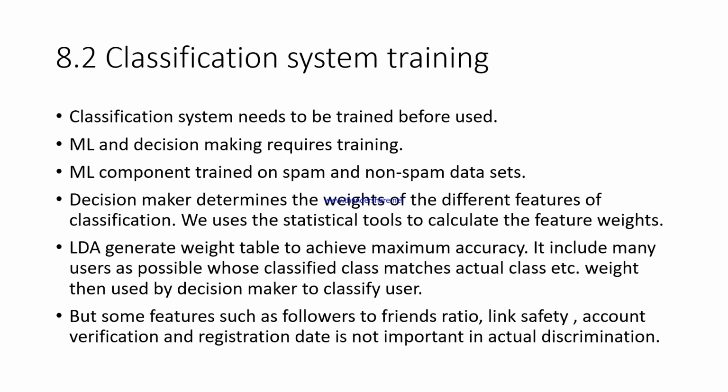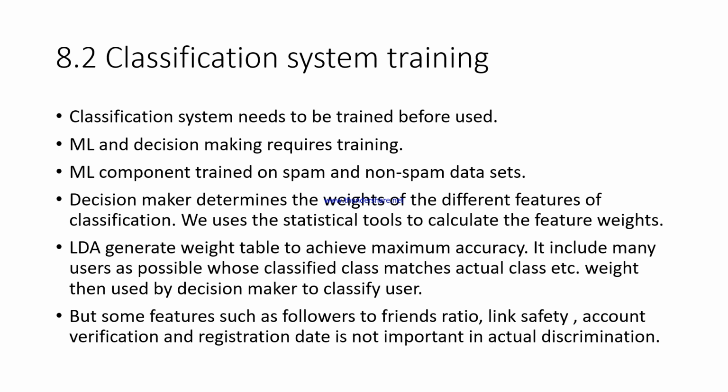The classification system needs to be trained before use. So ML and decision making require training. The ML component is trained on spam and non-spam data. The decision maker determines the weights of the different features of the classification. We use a statistical tool to calculate the feature weights. LDA generates the weight table to achieve maximum accuracy. It can include as many users as possible whose classified class matches the actual class. The weights are then used by the decision maker